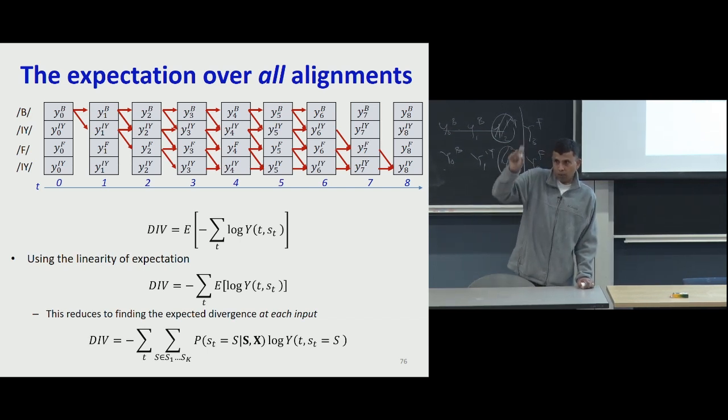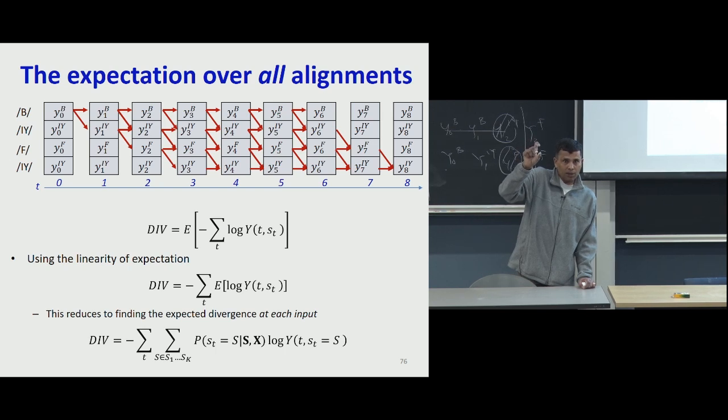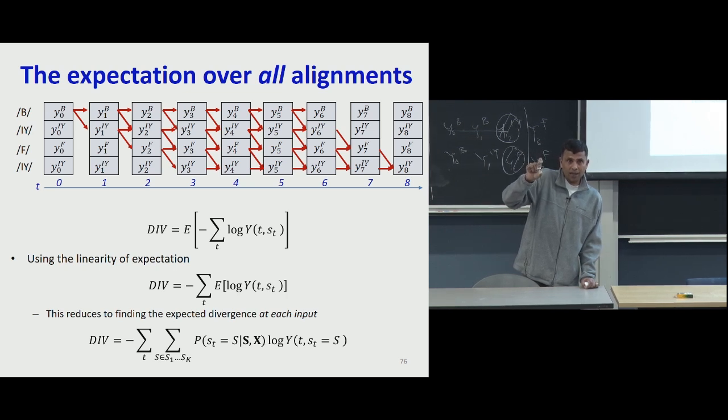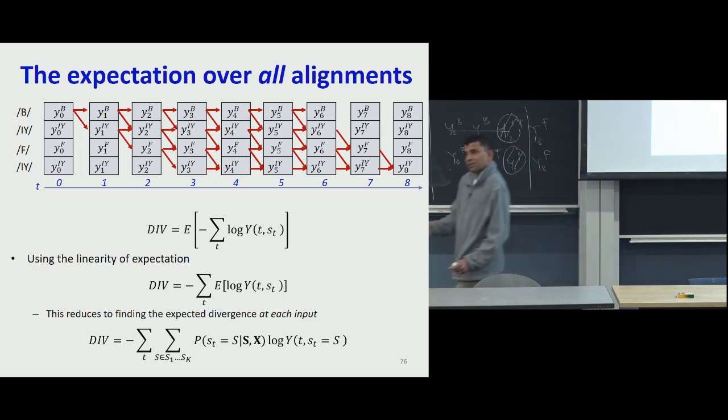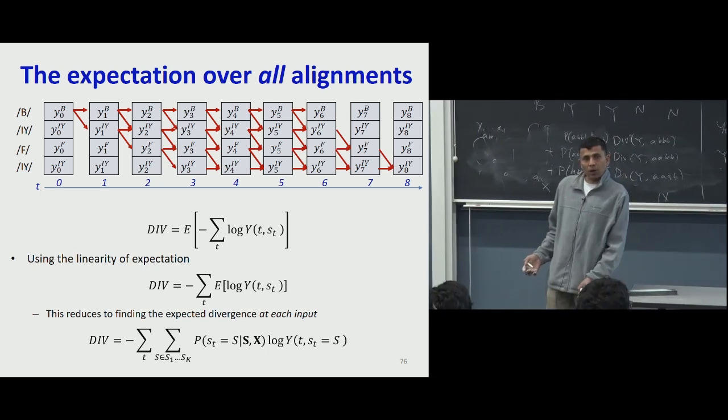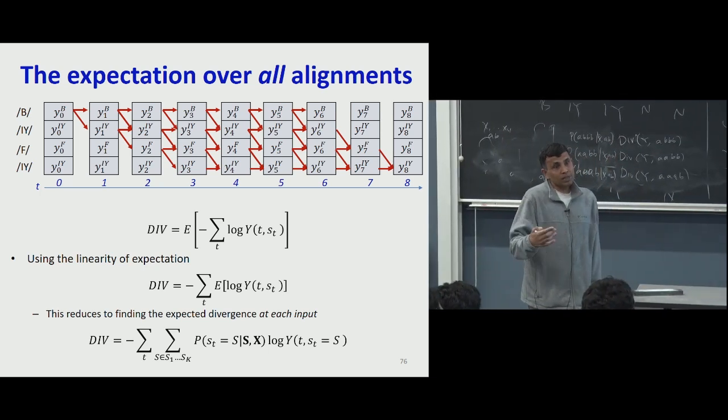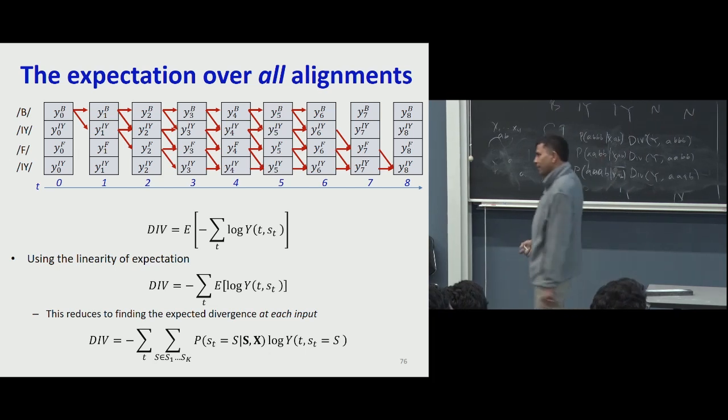So you're going to say, what is the probability that this symbol is in the alignment? I'm going to use that and then multiply that by the divergence that I would get if this symbol was in the alignment, right? And then for the next one, I'd say, what is the probability that this second symbol was in the alignment? I'm going to multiply that by the corresponding divergence and go on. And in each of these cases, the divergence is simply going to be the log probability. So that's what using the one-hot representation gives you, this very nice convenience, right? And so